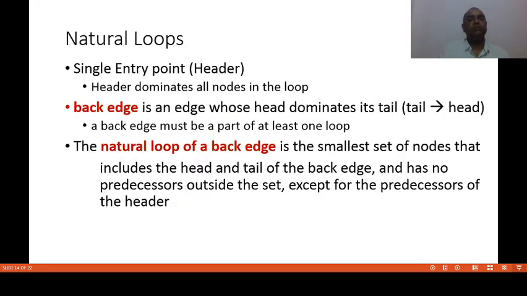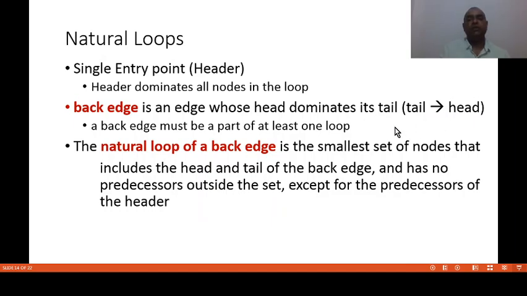Natural loops. In the natural loops, there is a single entry point that is known as the header. The header dominates all nodes in the loop. Now, a back edge is an edge whose head dominates its tail, and there is an edge from tail to head.